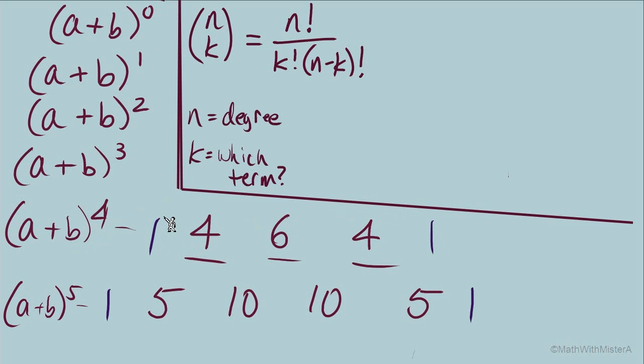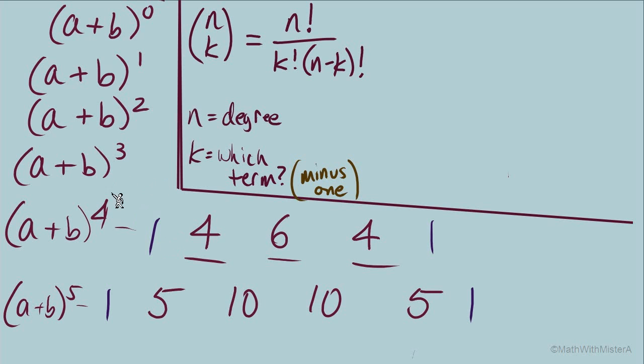But there's a quick caveat, a quick warning: when we talk about k being which term, we have to actually subtract 1, because we want our first term to be when k equals 0. Our second term is when k equals 1, because we want the last term to match up with the degree. Meaning that if the last term is k equals 4, then here's k equals 3, k equals 2, k equals 1, k equals 0. We have to always start out thinking that the first term matches up with k equals 0,